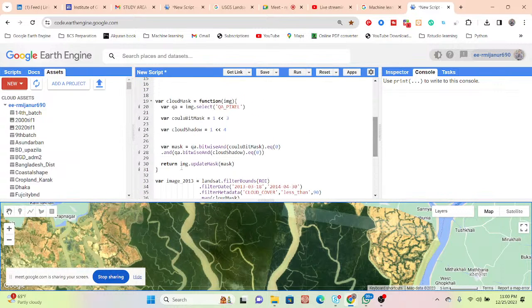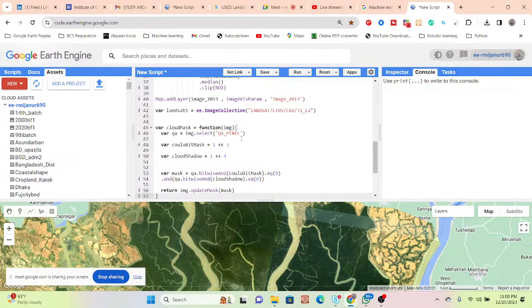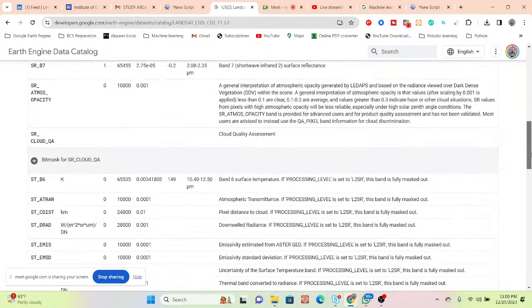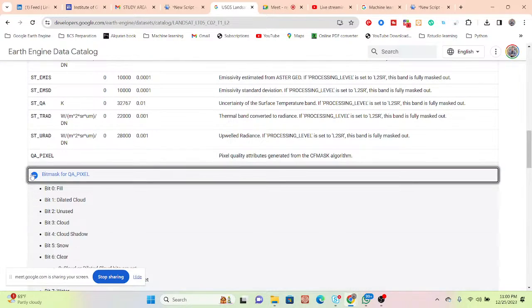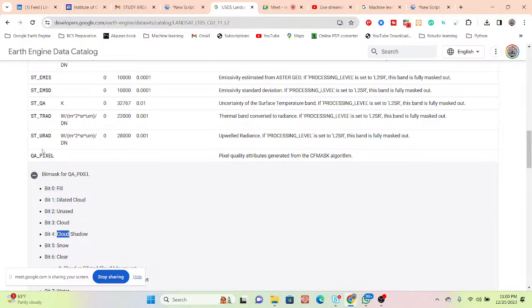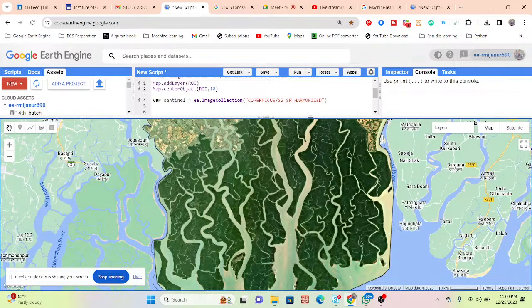So I simply copy the same thing from here, this cloud mask function for Landsat 8, but this time I need to set it for Landsat 5. So simply change it from here, the band name, no problem. And now find the Landsat 5. Here you can see its name is also QA pixel, and here cloud is 3 and cloud shadow is 4. Okay, 3 and 4 in QA pixel. Same thing, I think there is no need to change. So just simply add it here, no problem.